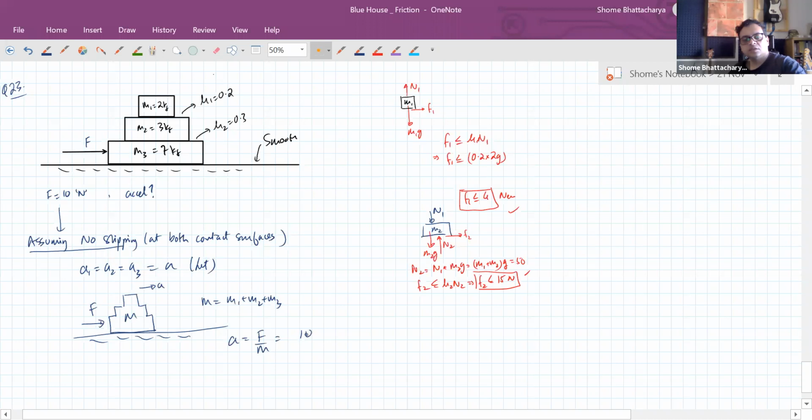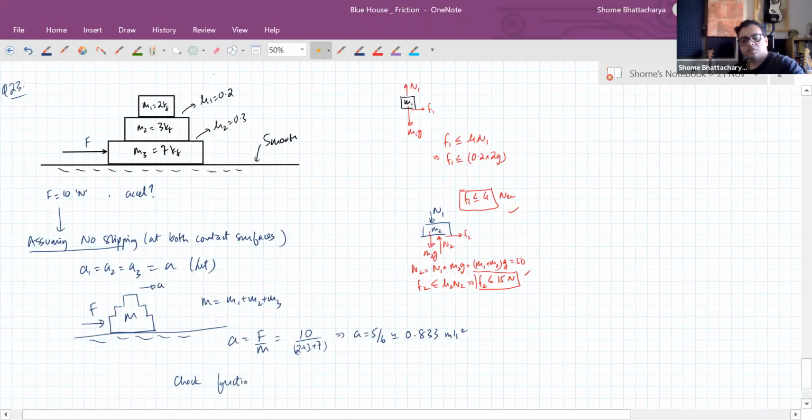So it should be 10 upon 12, that is 5 by 6 is the acceleration. But we have to check